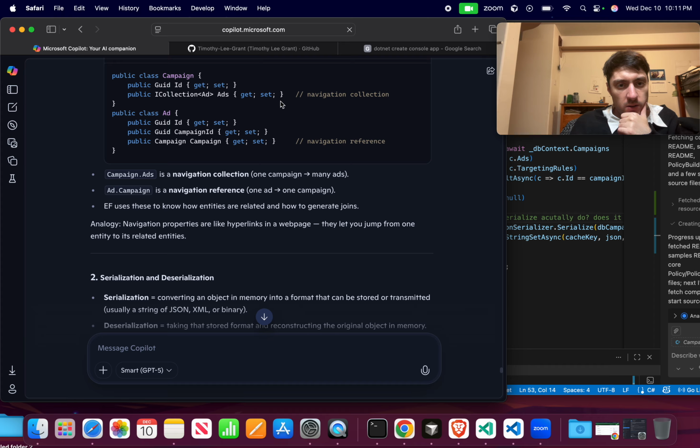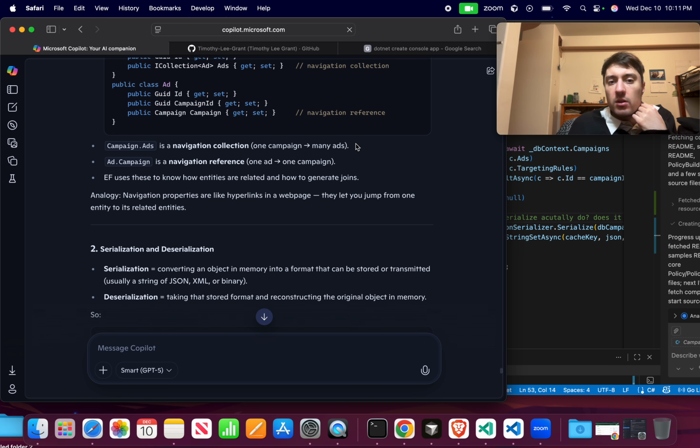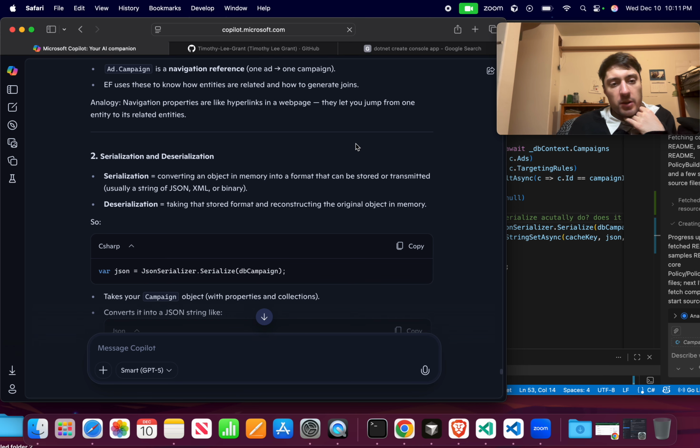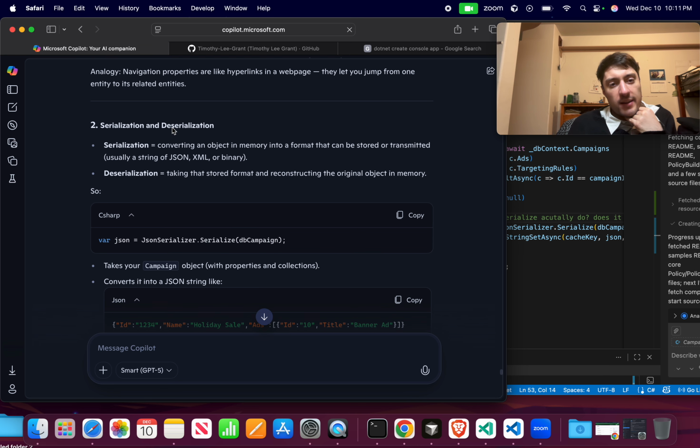One ad to one campaign. Okay, so that's a navigation reference. Awesome. Hyperlinks to a web page. Okay. This word and this word. This word